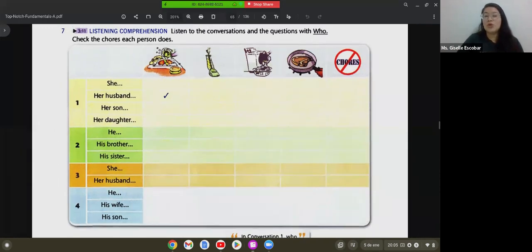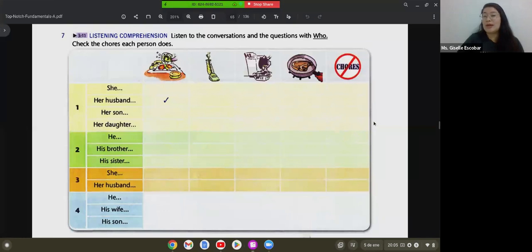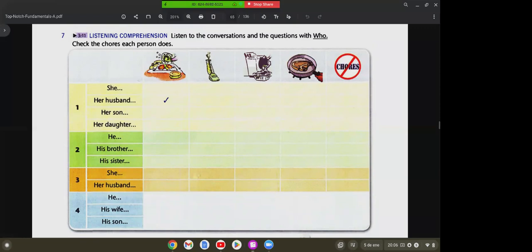And when I told you it was going to be a little bit difficult, cuando les dije que podía ser un poquito difícil, es por lo mismo de que a veces el audio va muy rápido y no nos va a dar tiempo de escribir. Sin embargo, voy a tratar de pausar el audio para que nos dé tiempo de escribir y así poder tener todas las oraciones. Is that okay? Is it clear what we are going to do? Yes, teacher, clear.